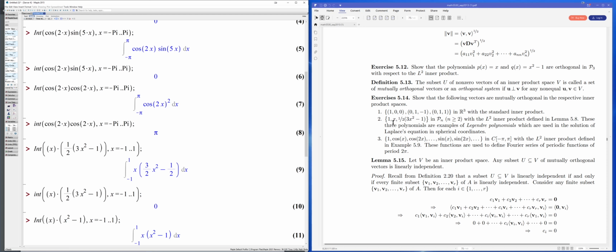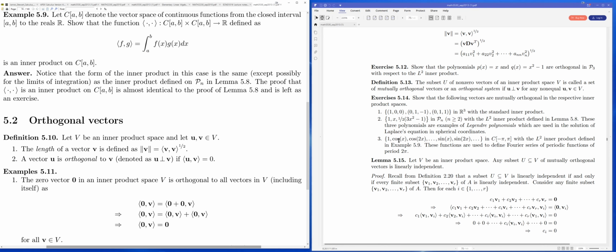And you can check if you take the inner product of x with 1, or the 1 with the half 3x squared minus 1, in those two other cases the inner product would also be 0. So this is an example of a set of mutually orthogonal vectors in Pn with respect to the L2 inner product. All right, so a next set of mutually orthogonal vectors, in this case the vectors are continuous functions,